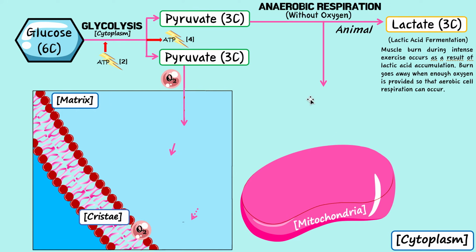Okay, very important. Now, you also need to know about what happens in yeast for some odd reason. So if you're not an animal and you're a yeast, which is a small kind of cell, kind of like a fungi, these produce, under anaerobic respiration, alcohol, which is a 2-carbon molecule, and carbon dioxide. So you can see the 3-carbon molecule got split into a 2-carbon molecule, alcohol, and carbon dioxide. The other carbon was released as carbon dioxide. So we call this alcoholic fermentation, okay?